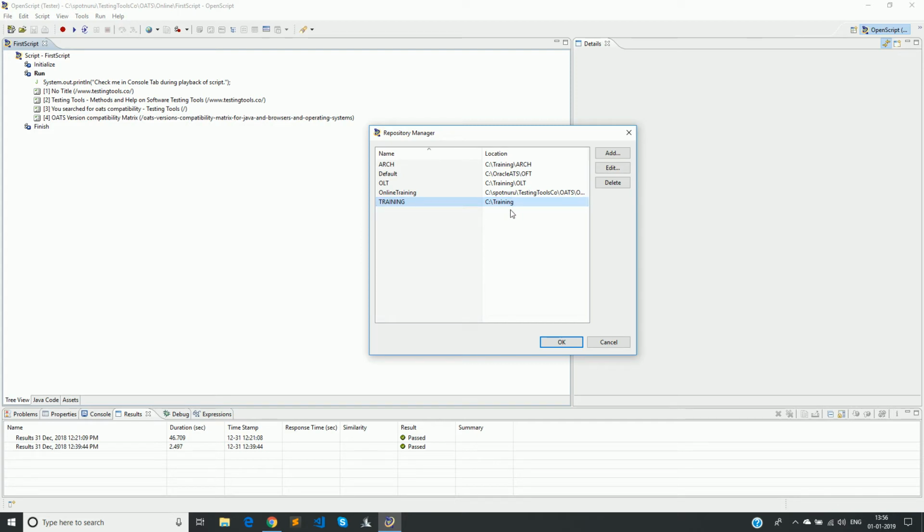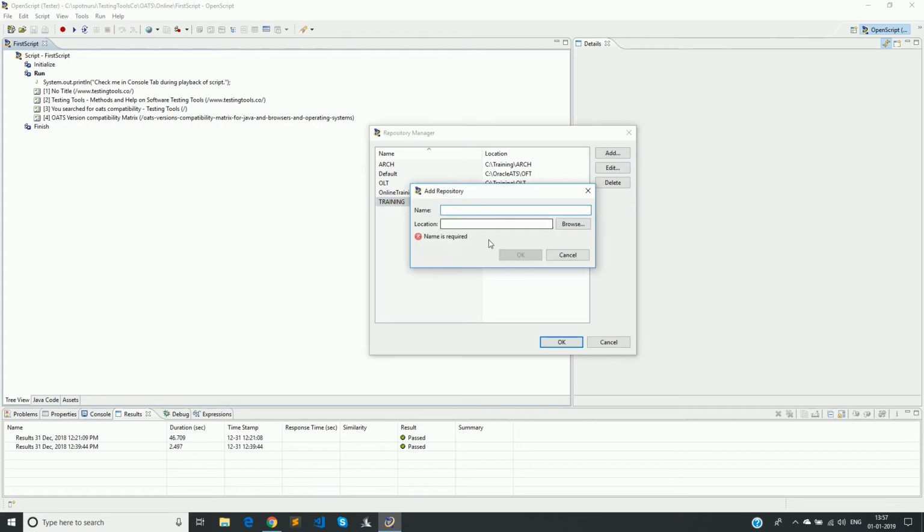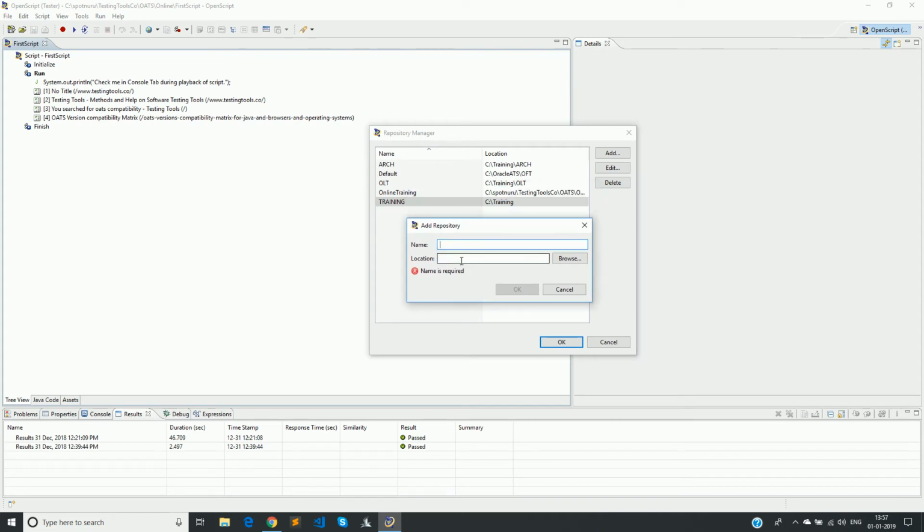Now, once you have created your project and you want this to be exported and shared with any other people, you can share the scripts, but when they open those scripts in their machines, maybe they do not have access in C drive, or they have only D drive where they can access because of the permissions. So what they can do is they can simply add or create a repository with any location where the scripts are downloaded, but give the same name as it was given during the creation of the project.